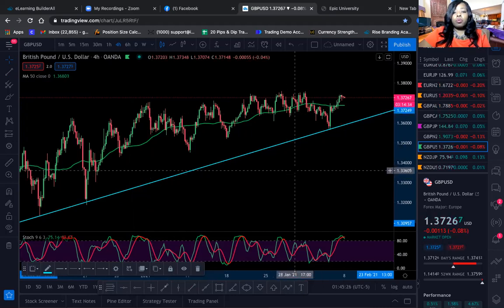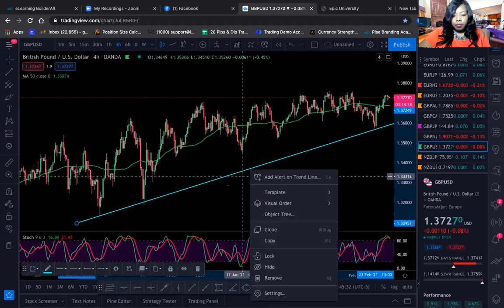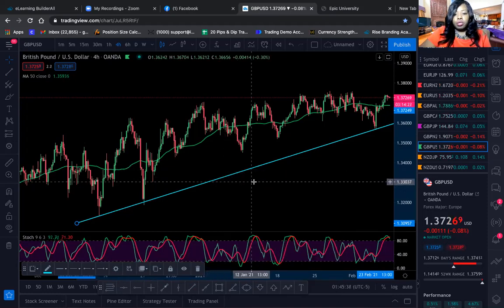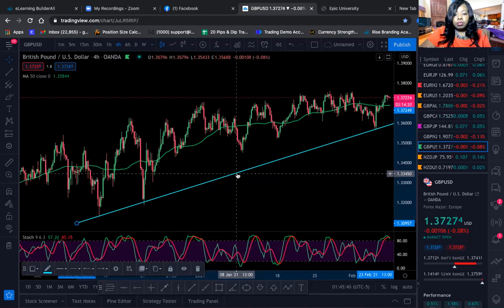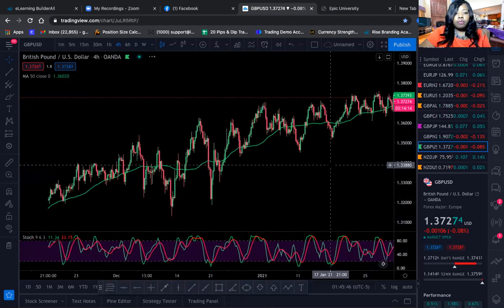Also, another way that you can track support and resistance, I should say. So let's get into that, support and resistance. So I got rid of that line. So support is also found,